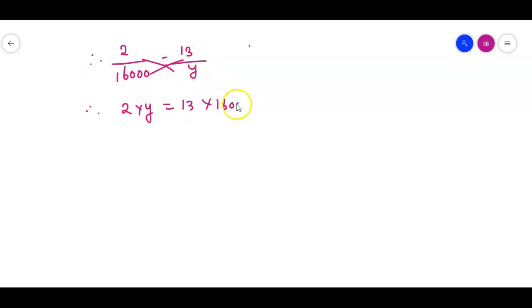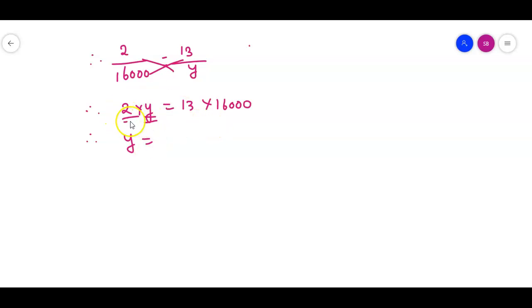Okay, so we shall start with our equation over here. The equation will start that 2 mobiles cost rupees 16,000, and now we have to find out the cost of 13 mobiles, which we have taken as y. Therefore we will again cross multiply, that is 2 multiplied by y. Y we have taken along with 2 over here, and equal to 13 into 16,000. Therefore, this y will remain here only, and this 2 we will take on the other side.